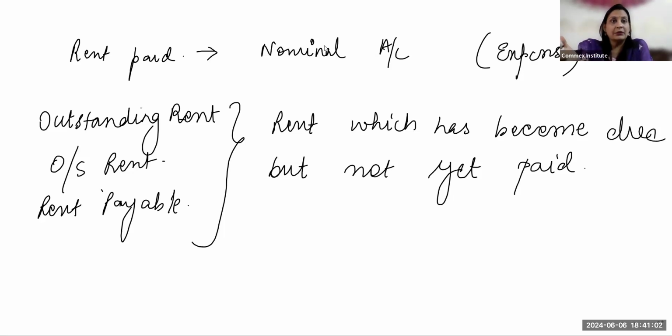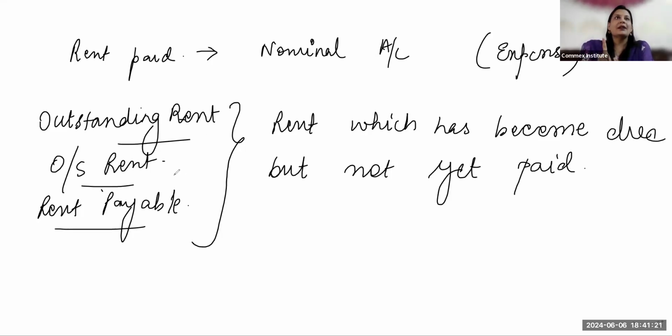And then April has come, the new year started. And I have not yet paid the month of March also. Okay. So that rent of month March, which is already gone, is known as outstanding rent. The rent which I should have paid, I have not paid. Okay. So this rent payable